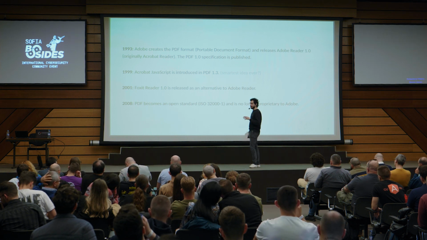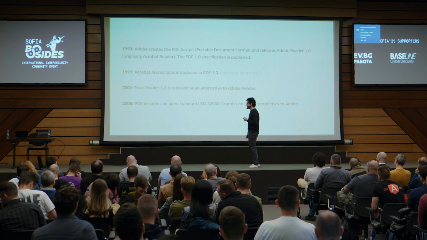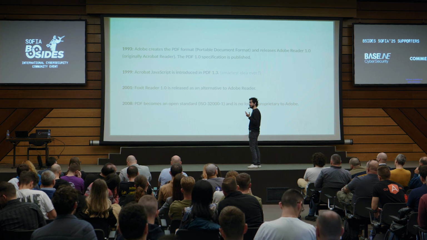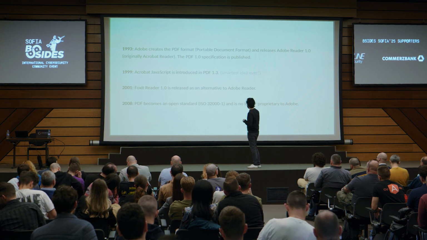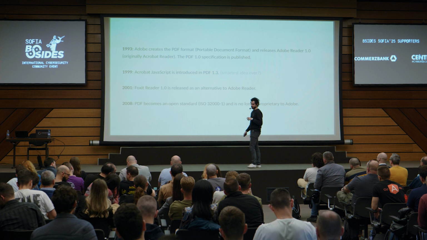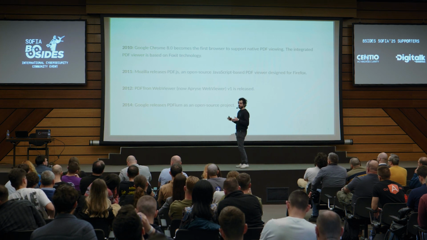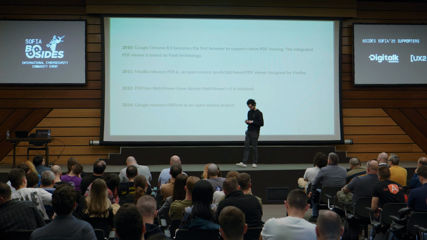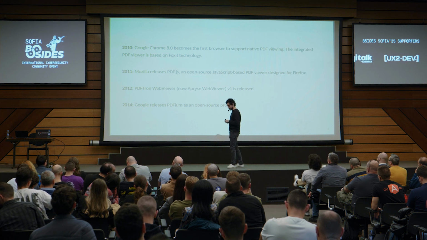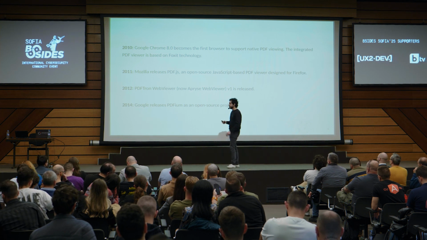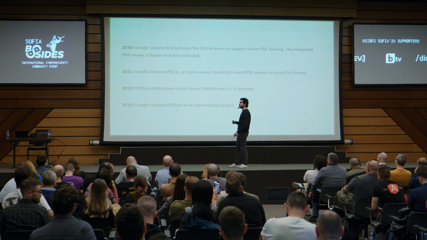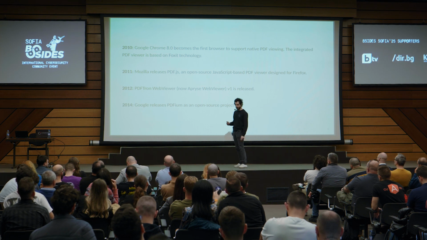Now we have PDF 2.0, released, I guess, 3 years ago. And it's no longer proprietary to Adobe. Of course, opening PDF to the community, to the enterprise, to everyone,